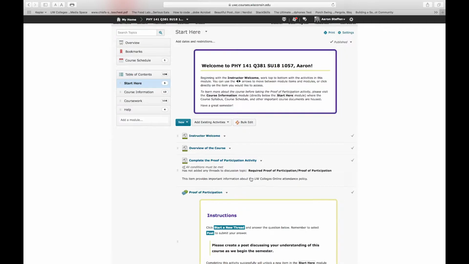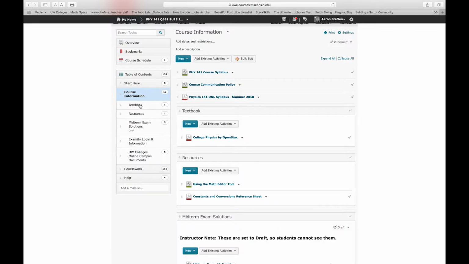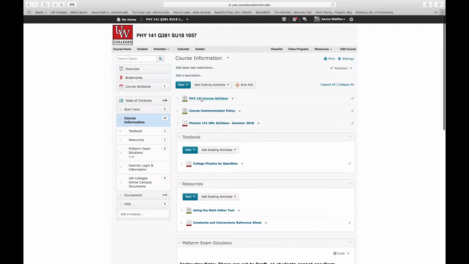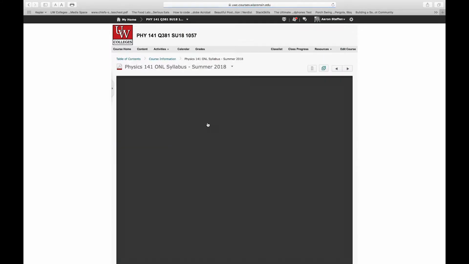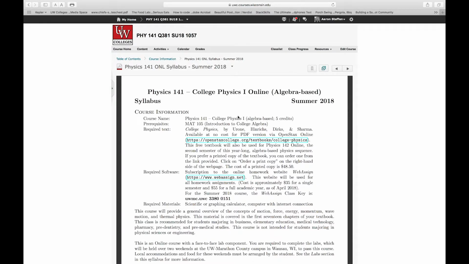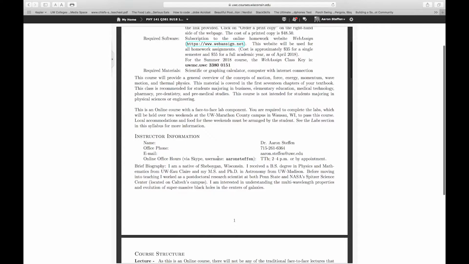Once you've done that, the next tab is Course Information. In that, you can see there's a syllabus or a PDF version of the syllabus. I definitely recommend printing out the PDF version of the syllabus here. Clicking on that brings you to the syllabus. My information, contact information, the WebAssign information, a link to the textbook, again, my instructor information, how to contact me,